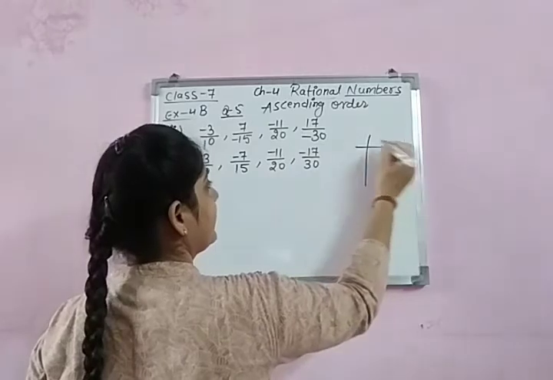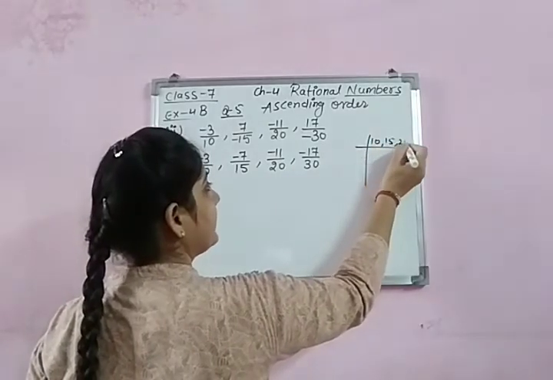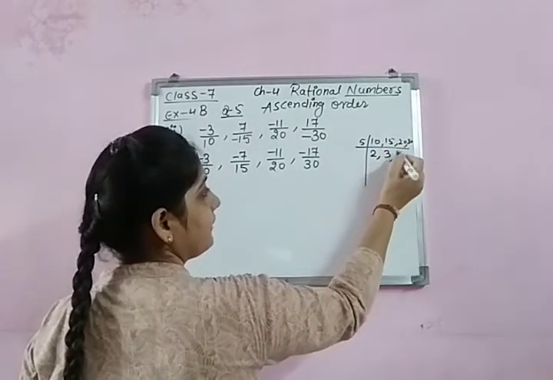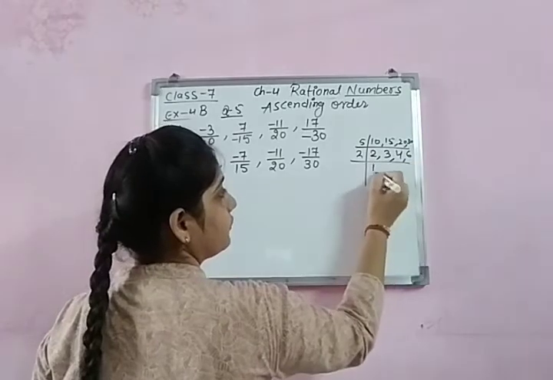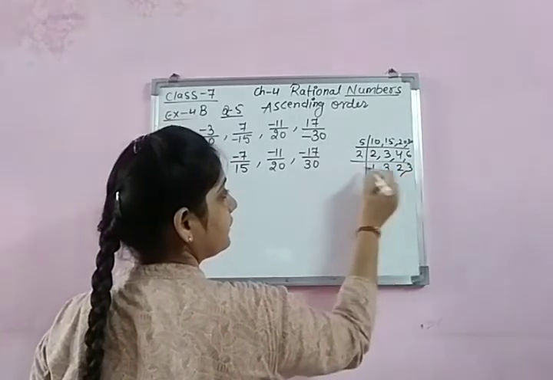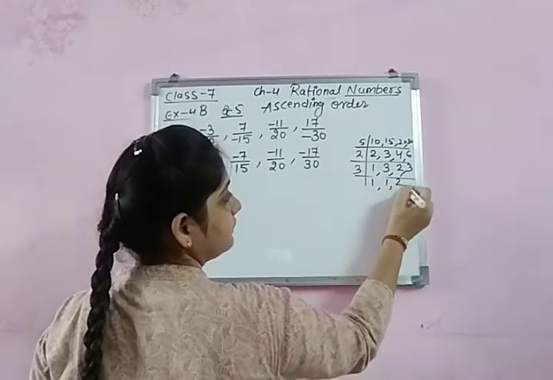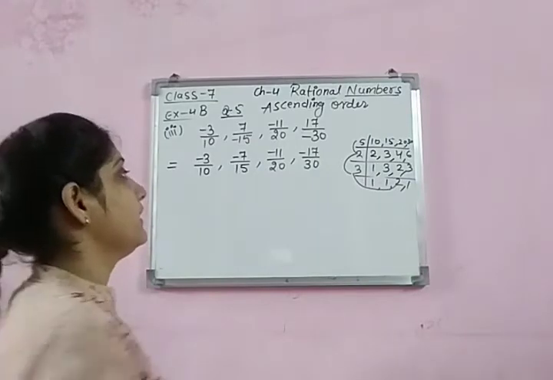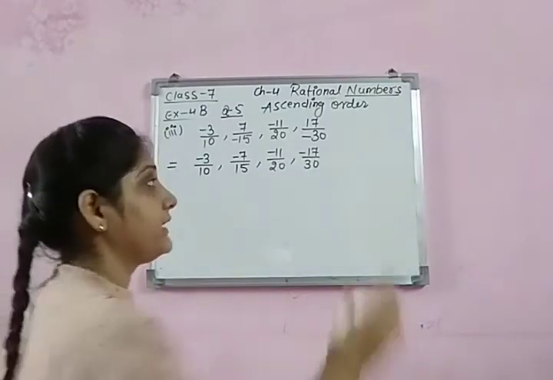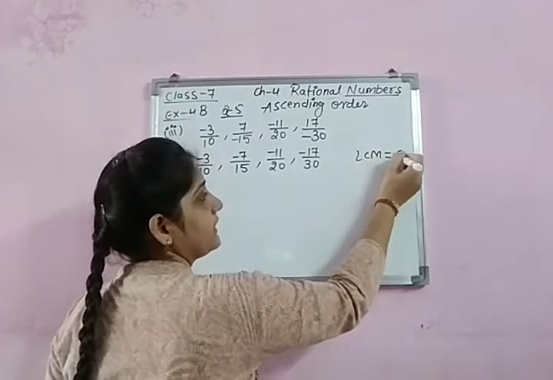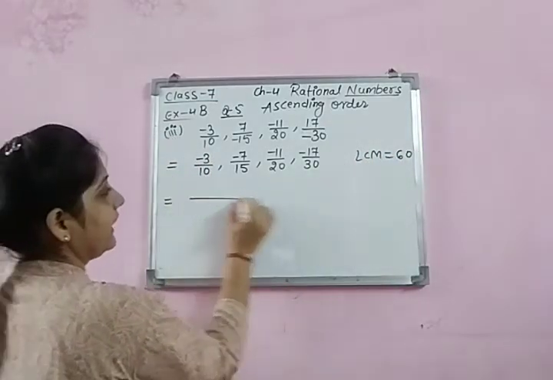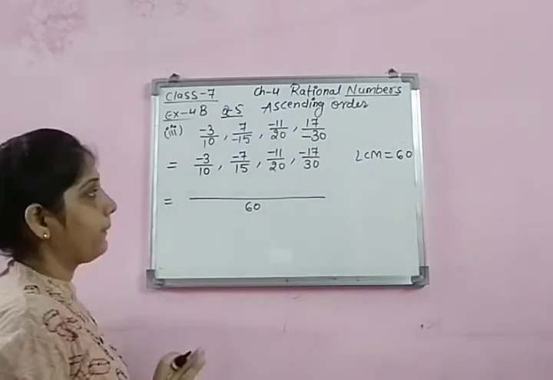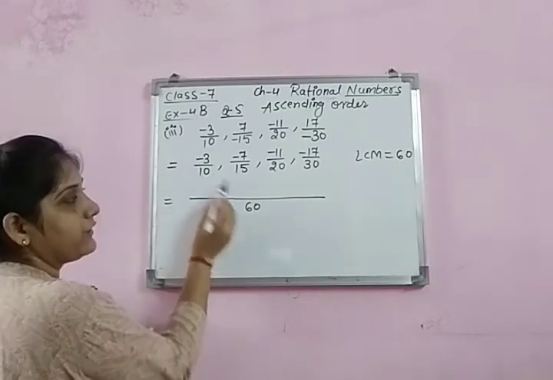So when I take the LCM of 10, 15, 20, 30, let's see what it will give me. 5, 2 times 3 is 4, 6 is 2. Everyone knows how to solve? Yes. So 5 2s are 10, 10 3s are 30 and 30 2s are 60. 60 we got. So I am writing directly LCM 60. LCM will be that number which is divisible by each one of these. Okay. So now divide by the denominator.